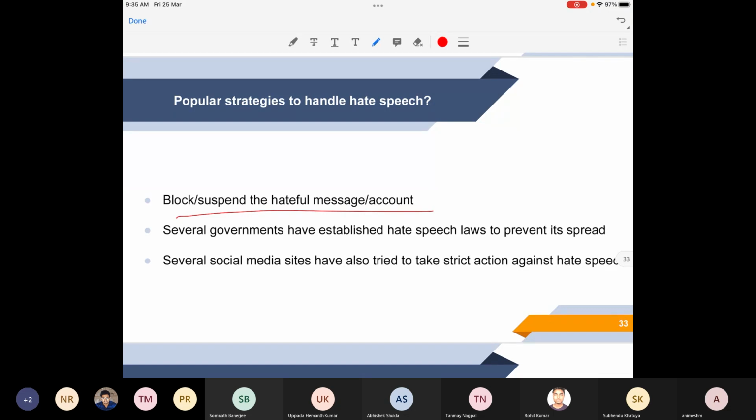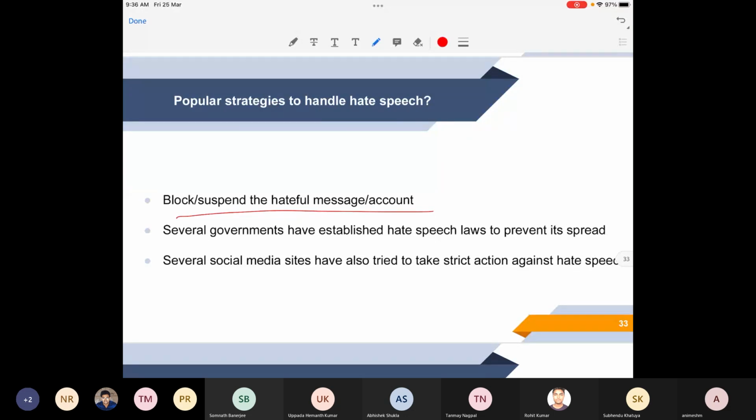As I was telling you, Twitter has a very stringent policy that if hateful content is monitored from a particular user account, then initially they would remove those messages, and it might also lead to a suspension of the account if there is regular activity of posting hate content from that account. Then there are also laws established by different governments across the world. These hate speech laws have been established in order to ban the spread of hateful content. Social media websites, as I was telling you, are also taking various steps in order to monitor and moderate